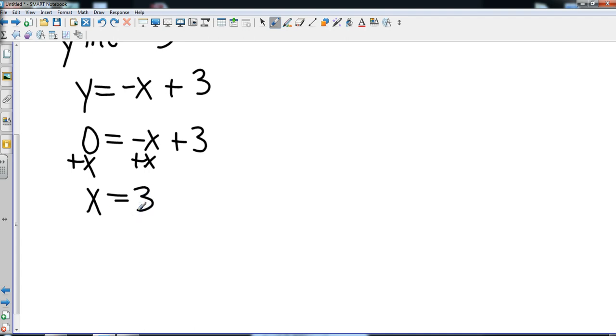Okay, now, for those of you who said, hey, I can multiply through by negative 1, that's not wrong. I just decided to do that. So had you subtracted 3 to the other side, you would have got negative x equals negative 3, and then multiply everything by negative 1, and it gives you x equals 3. Same thing. So my x-intercept